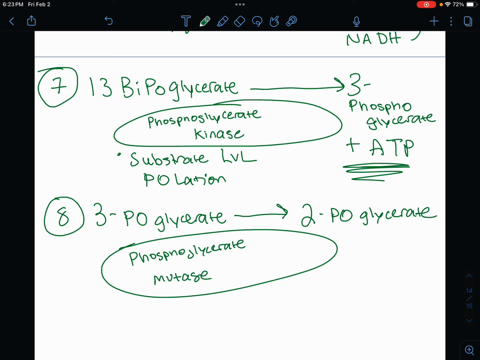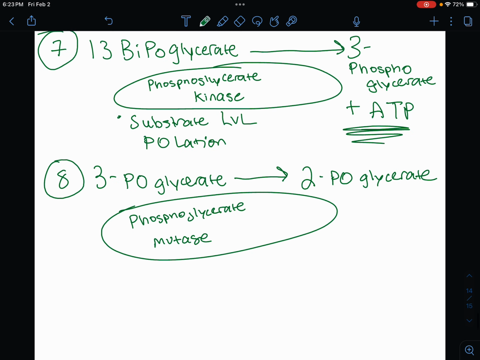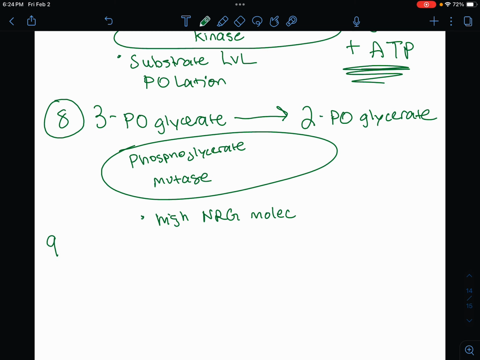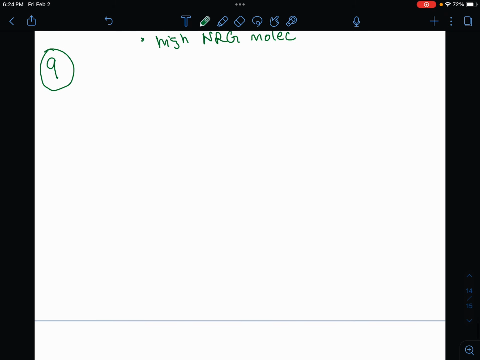As the enzyme. The purpose here is to transfer the 3-phosphoglycerate to a 2-phosphoglycerate. That's just going to be a different carbon. We're going to increase this high energy molecule here by working with the 2 instead of the 3rd carbon. So the rationale would be a high energy molecule would have interactions at the 2 instead of the 3. All right, step 9. We could also go deeper into these rationales when I do the next video on the